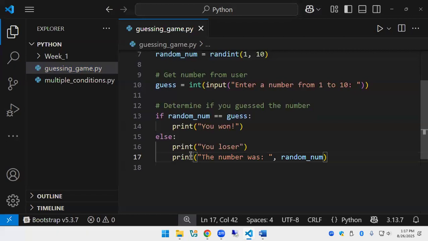You know what you typed, so you could also say your guess was this, the real number was this, because both those variables exist until the program ends. Once the variables are created, they're there for the entire lifetime of the program. Once the program ends, everything is thrown away, and Python has a little garbage collector, like Pac-Man, that says, oh, we don't need this memory anymore. Let's send it back to the operating system. So it does its own housekeeping.